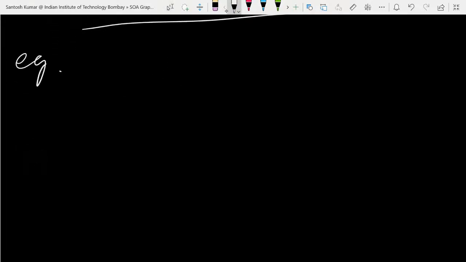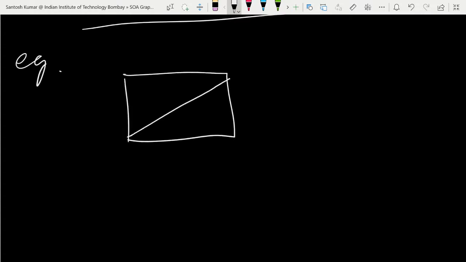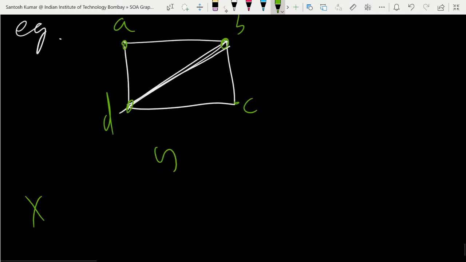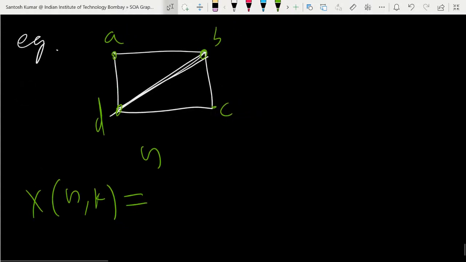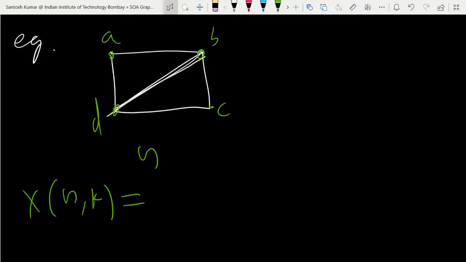One example I have, let me give you the graph. It is this one. Everyone please try and tell me the answer. I am waiting for your answer. This is the graph G. The question is, what is the chromatic polynomial of G in K? Try this using the recurrence formula.